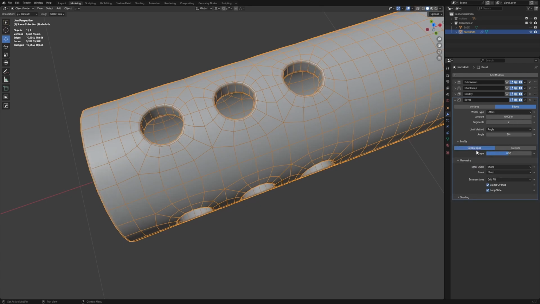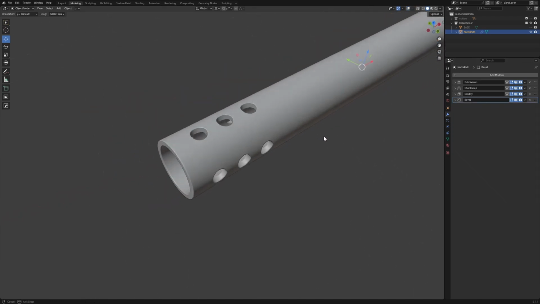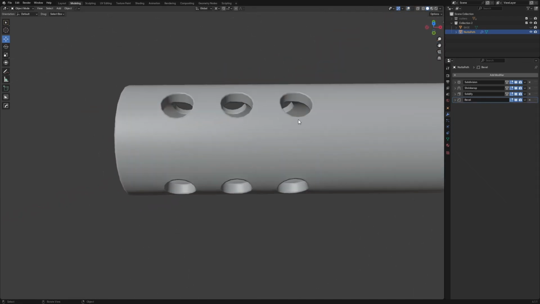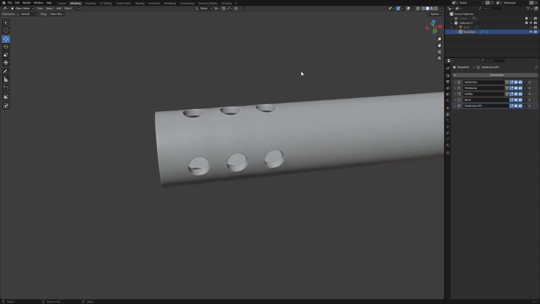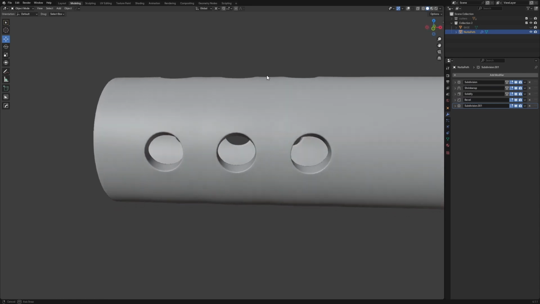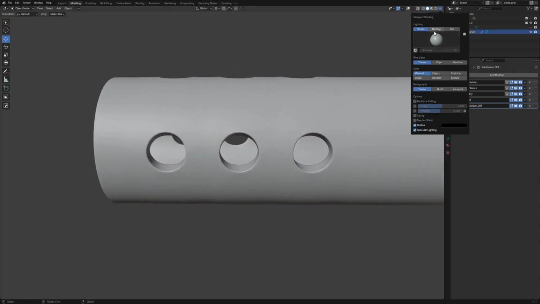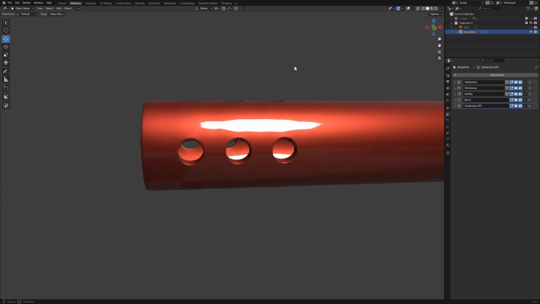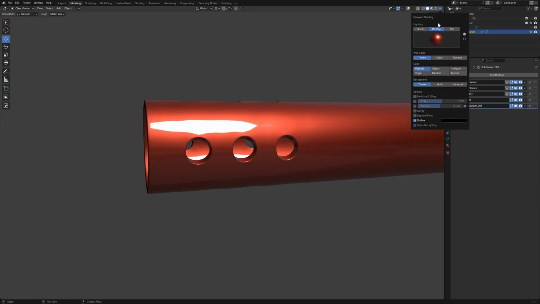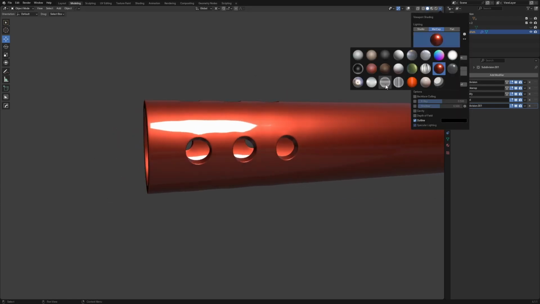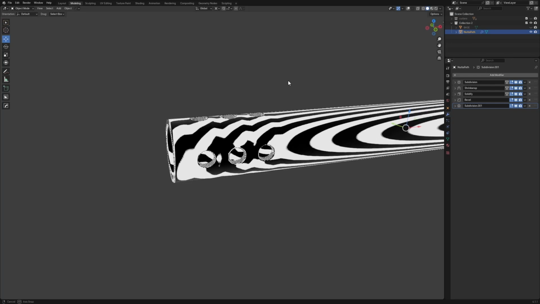I'm going to give a profile of 1, and it is almost smooth. Then I'll take this subdivision, duplicate it, and bring it in last. And this is done. As you can see, if we go in our zebra lines,